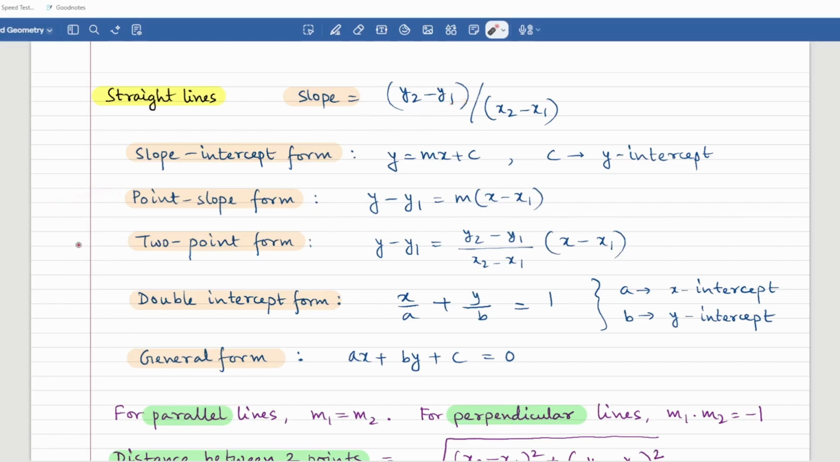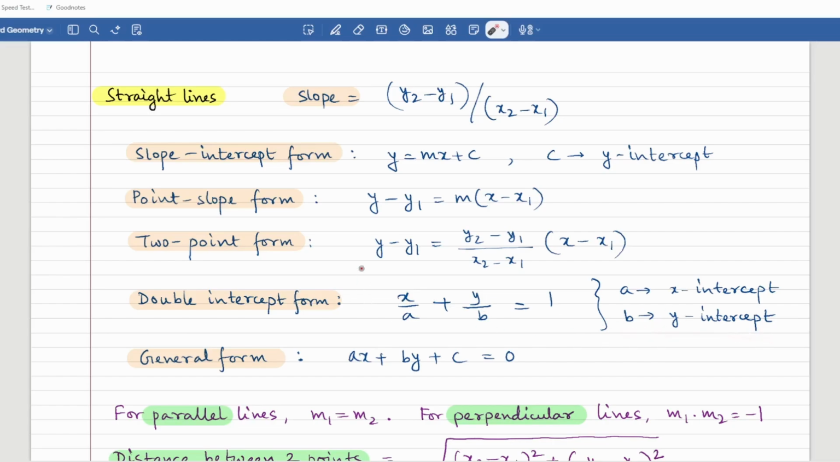the point-slope form. The double intercept form is quite handy when we are looking into inequalities or we need to draw the diagram of straight lines for any particular problem. Now the double intercept form states x/a plus y/b equals 1, where a is the x-intercept and b is the y-intercept. This is very easy to understand. If you plug in y equals 0, you will get x equal to a, so it becomes the x-intercept. If you plug in x equals 0, you will get y equals b, which makes b